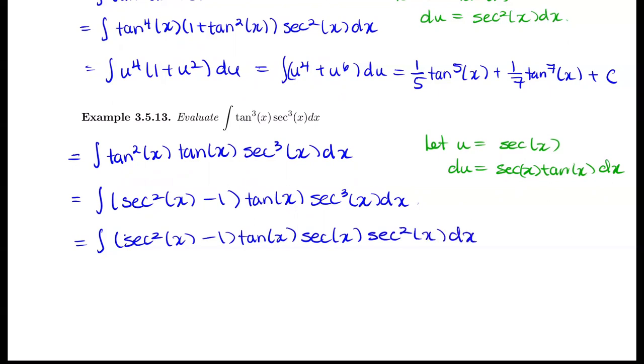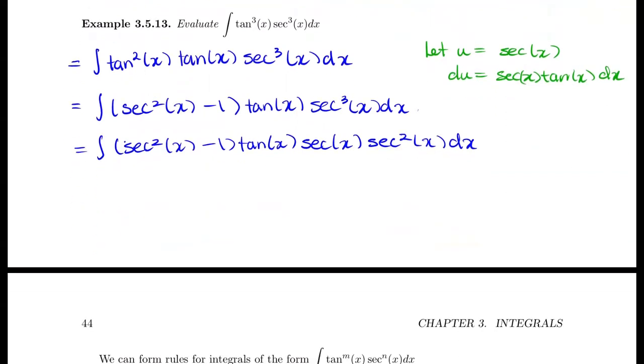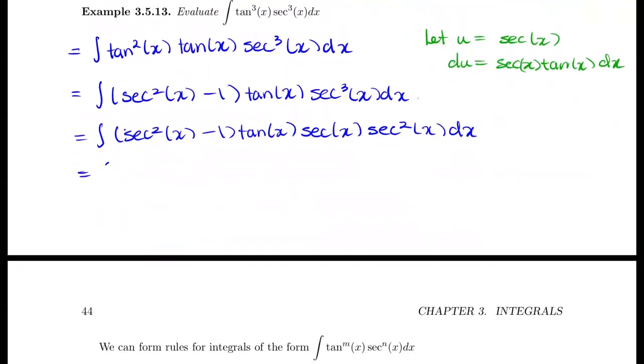So that way, the secant of x tan of x here can just be substituted by du. So we still have the secant squared on the outside, which will just be the u, and we would just have this much and this much to work with. So what that becomes now is just going to be the integral of u squared minus 1, multiplied by u squared du. So that is the integral of u^4 minus u squared